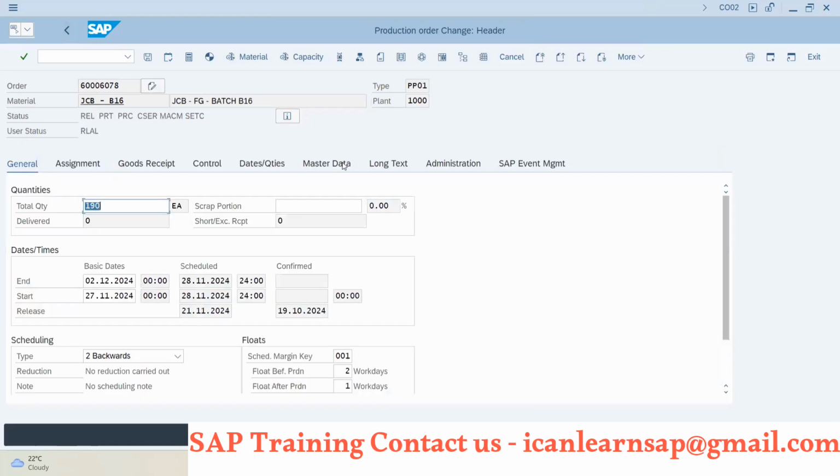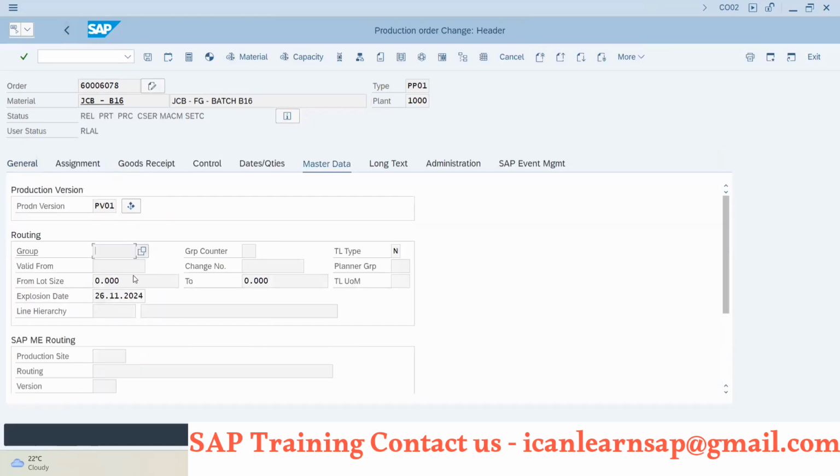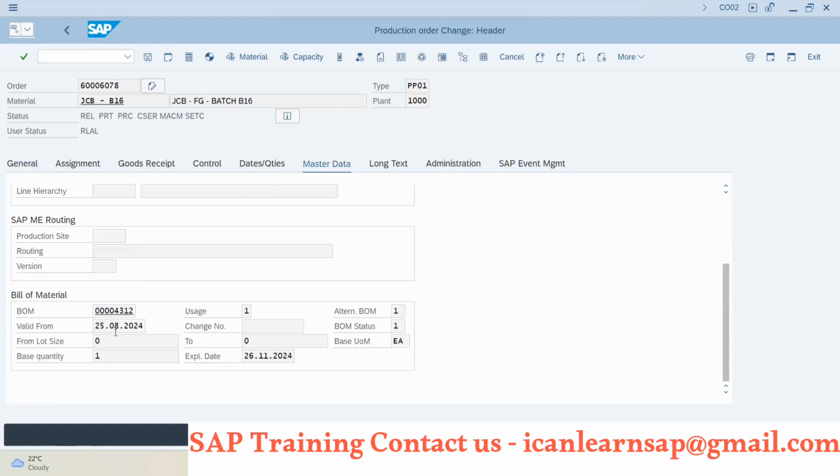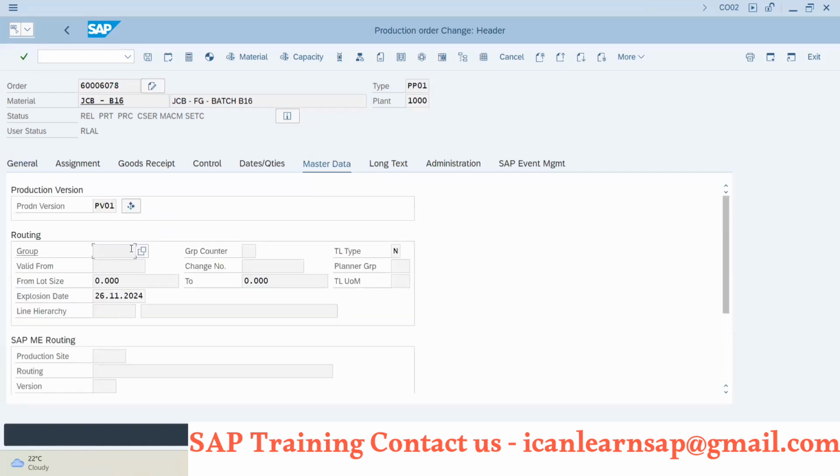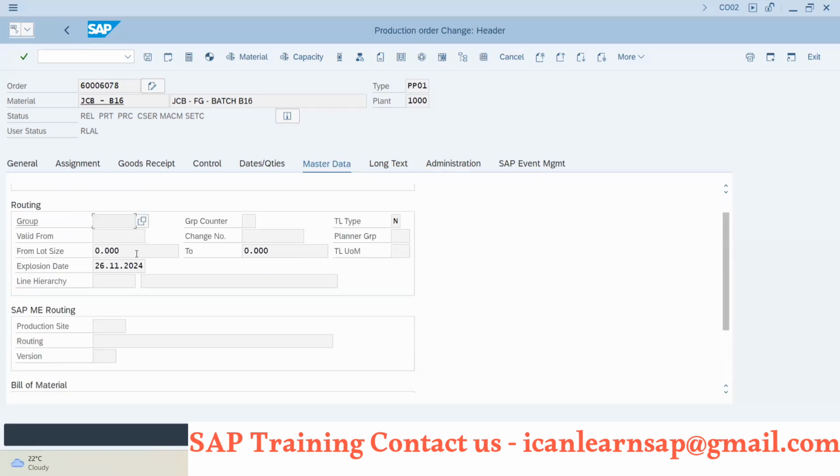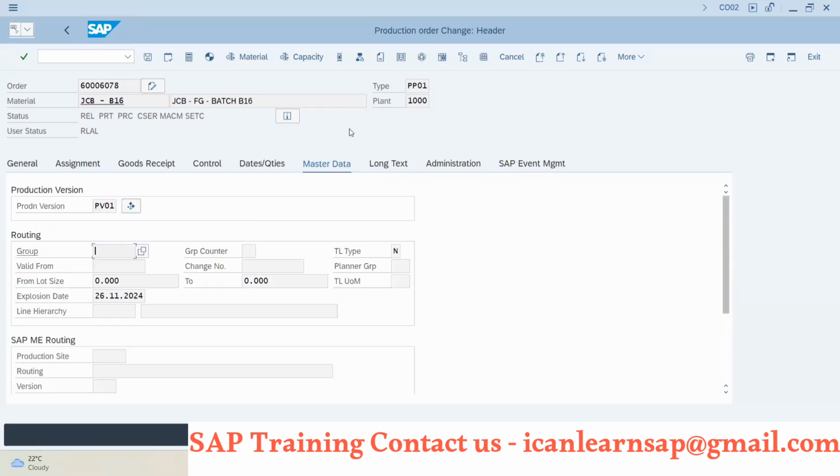Here in master data, we can see the BOM, so similarly the production version group and group counter have to be shown over there. But I don't know why it is not coming, because somebody has played with the configuration. I will check the configuration for PP01.